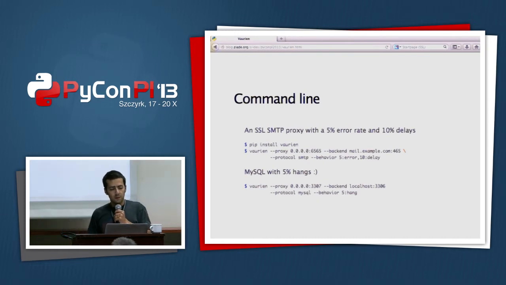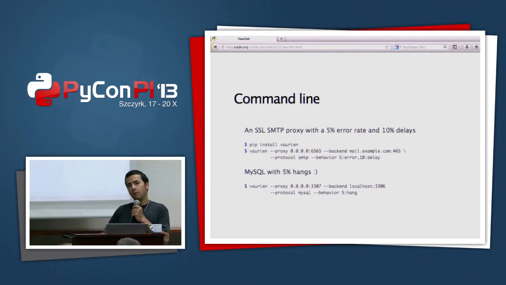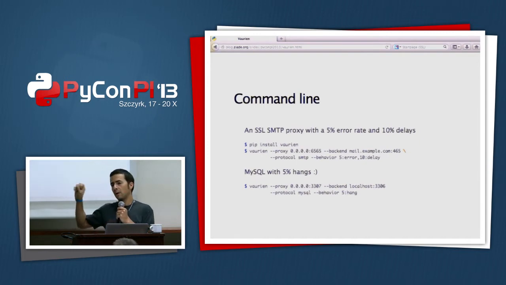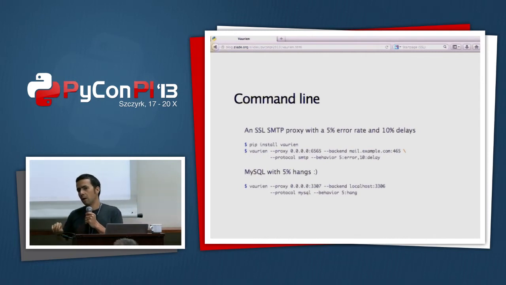And in this second example, I will have 5% of the MySQL connection hanging. And if you set up this proxy and start to do some load testing in your application, it's quite realistic. On high load, some MySQL queries are just hanging there. When you have like a big insert or a big update on your database and a lot of reading, some queries will start to be really, really slow.